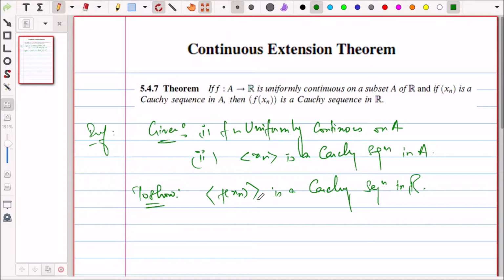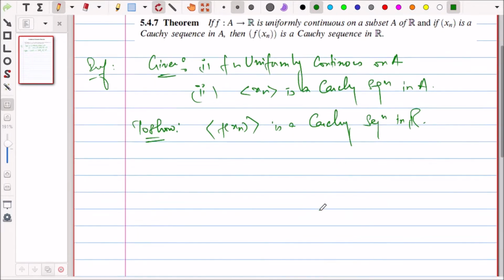We are going to prove that f(x_n) is a Cauchy sequence in R. What do we mean by a Cauchy sequence? A sequence x_n is a Cauchy sequence if for each epsilon greater than 0 we are able to find some positive integer p such that |x_n - x_m| is less than epsilon whenever n, m are greater than or equal to p. So that is what we are going to prove. We will start with an arbitrary epsilon and try to find a positive integer p. Let epsilon greater than 0 be any